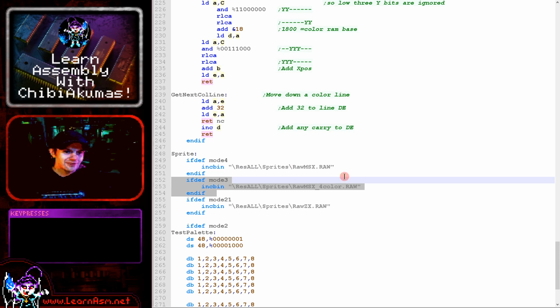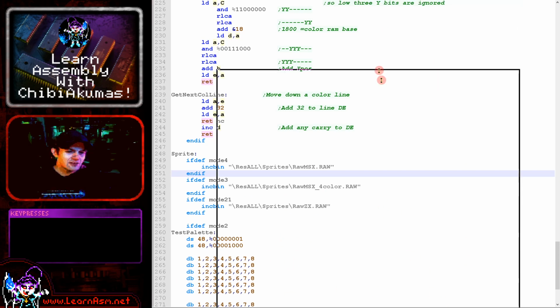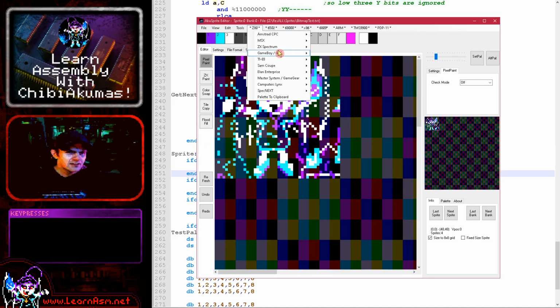The 4 color mode is exactly the same as the MSX 4 color mode, and the other 2 modes were basically a black and white bitmap, which is the Spectrum. Now the color attributes I'm storing separately, but you can export all of these with my AccuSprite editor. If you go to ZX80 and you go to Sam Coupe, I've currently only got this save raw bitmap, which